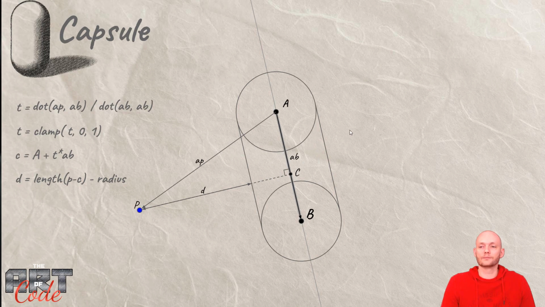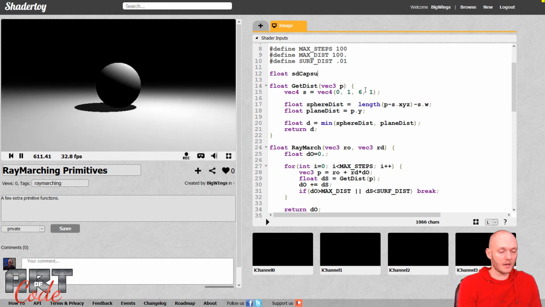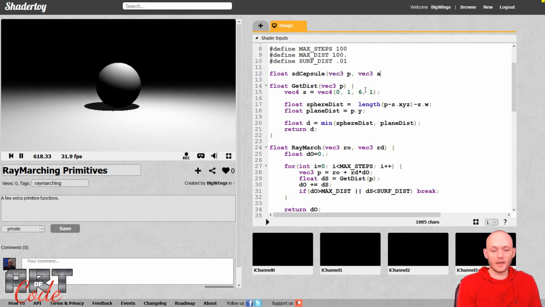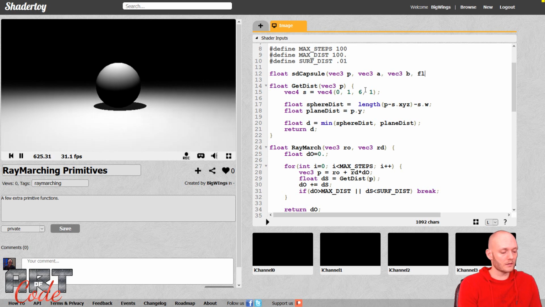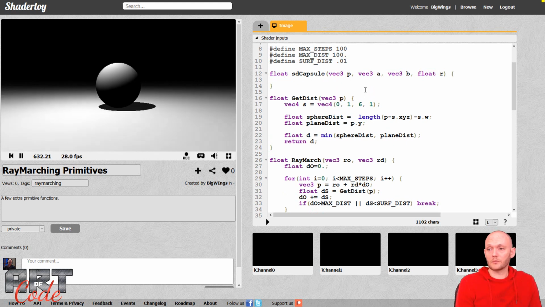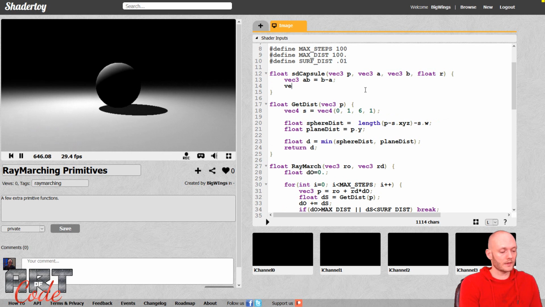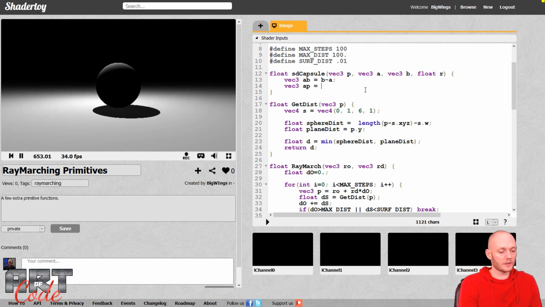So let's implement that. Okay, so let's go over here and let's make a function, call it float sdCapsule, and that's going to take as an input my point P, and then my endpoints A and B, vec3 A, vec3 B, and then a radius R, so float R. Okay, and then inside of here we're going to make a vector AB, so vec3 AB equals B minus A, and then a vec3 AP equals P minus A,